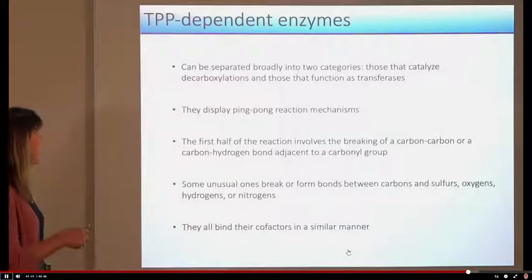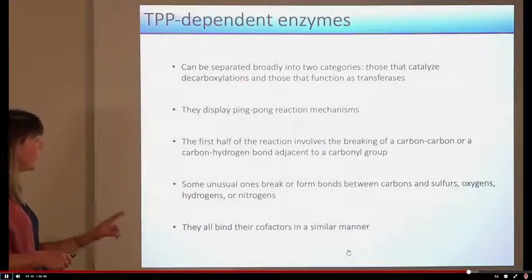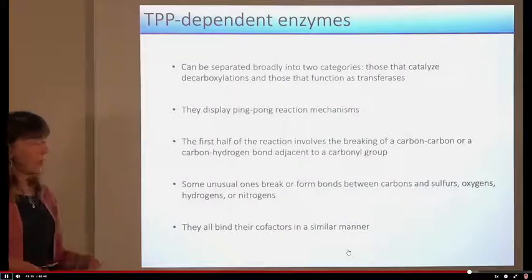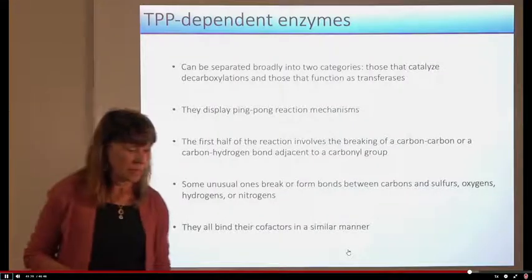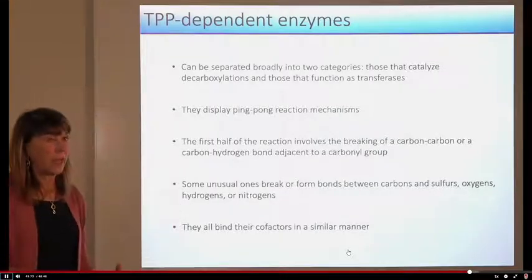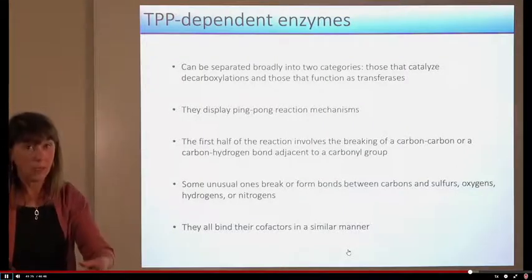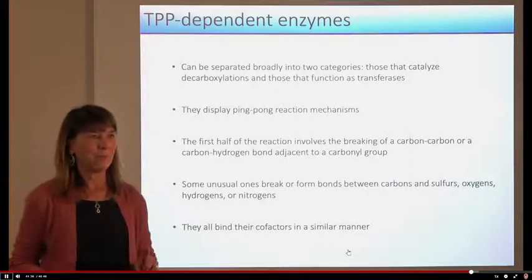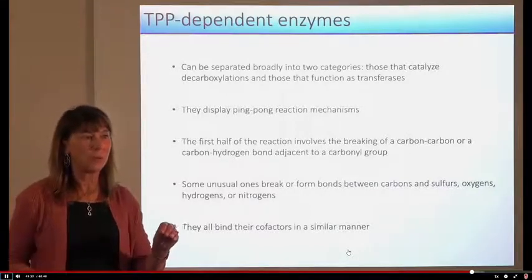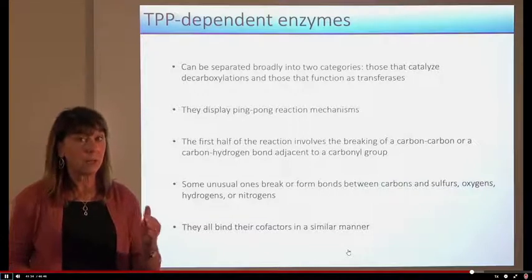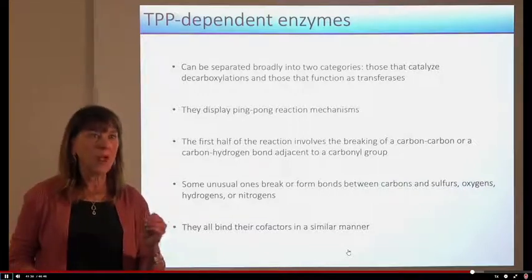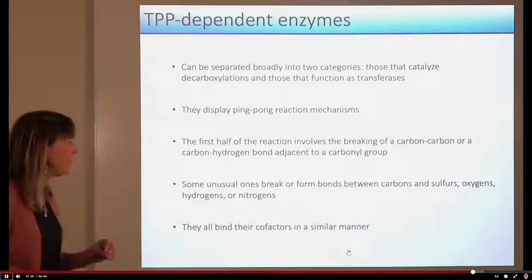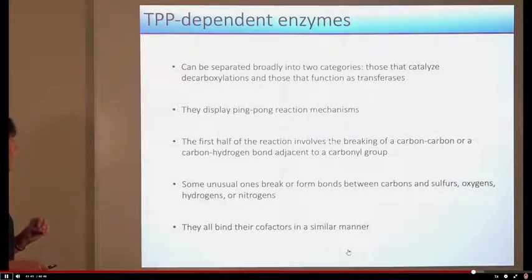So the TPP-dependent enzymes can broadly be separated into two categories: those that function as decarboxylases and those that function as transferases, where you're taking a group. They display ping-pong reaction mechanisms. Ping-pong. That means substrate goes in, something happens, something goes out, another substrate comes in. Remember ping-pong. You should go back and remember, how do you distinguish between ping-pong reactions? The first half of the reaction involves the breaking of a carbon-carbon or a carbon-hydrogen bond adjacent to the carbonyl